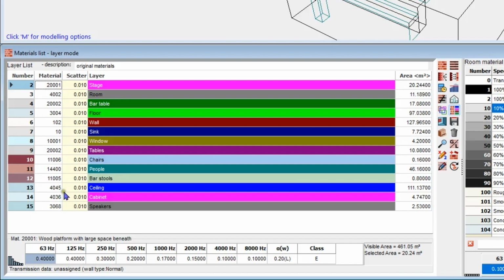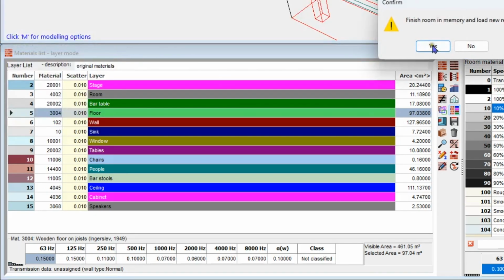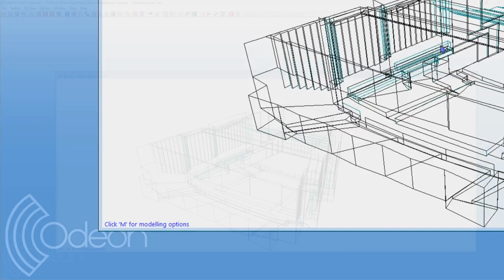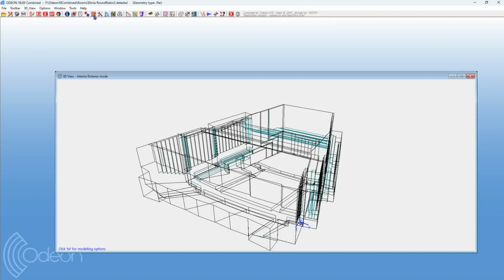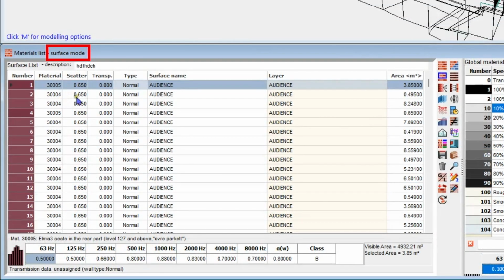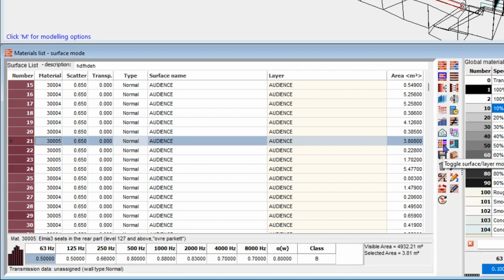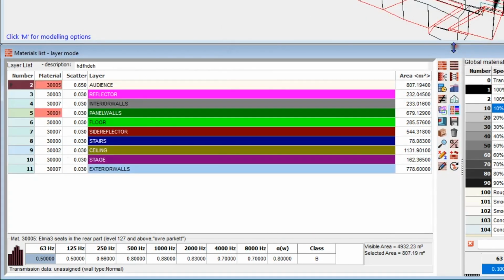Well, here you can see nothing, but let's go into another room, and this one might be familiar to some of you because it installs with Odin and also with the demo version of Odin. And here you'll see that we are in surface mode, and this is because there are different materials assigned to surfaces residing on the same layer. So let me toggle to the surface layer mode, and here we have it, and it comes with a warning